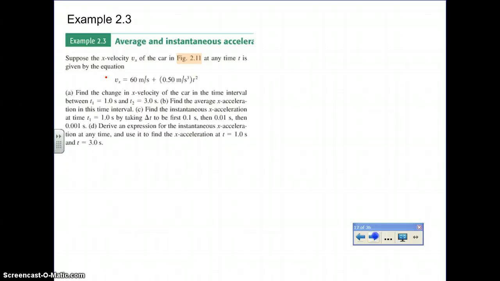If you wanted to figure out the change in the velocity during a certain time interval and then find its acceleration, one really good way to do this might be to take the derivative here. If you take the derivative, though, remember it'll give you the instantaneous velocity, or excuse me, instantaneous acceleration, and then you would need to plug in the numbers into that function to find